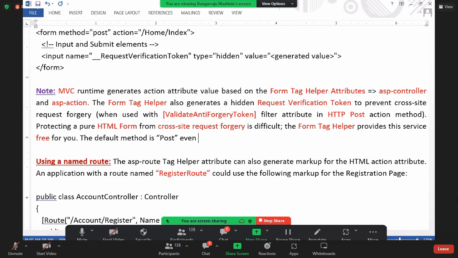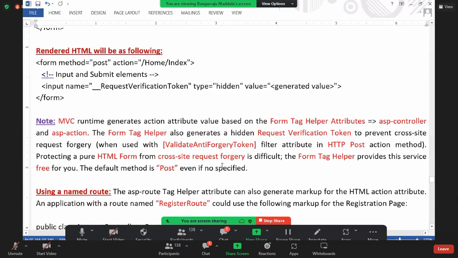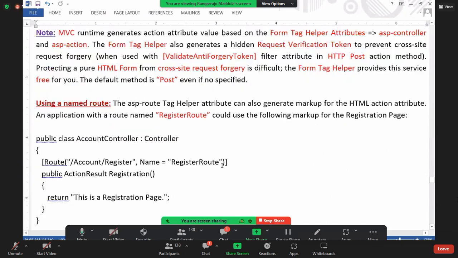Even if not specified, the default method is post. I did not specify it, but still it is taking post as the default method there. Okay, now specify, fine. Don't specify, no problem. Next,